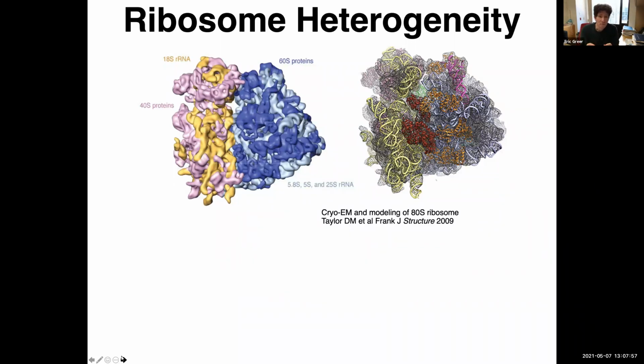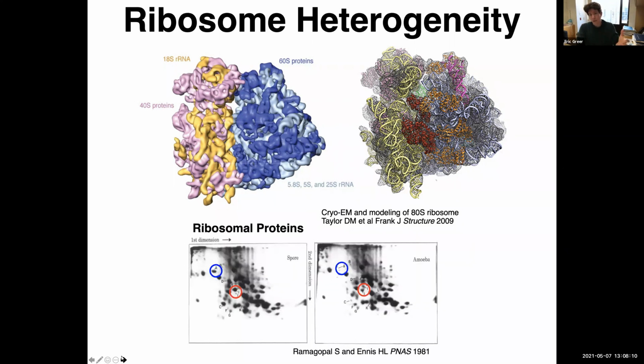So the ribosome consists of 4 ribosomal RNAs, the 28S, the 18S, the 5.8S, and 5S, as well as roughly 80 different ribosomal proteins. Work in the 1980s by Ramagopal and Ennis in Dictyostelium demonstrated that under different cellular states, the ribosome consisted of different ribosomal proteins. So this led to this theory about ribosome heterogeneity, that this could be an additional layer of regulation of which